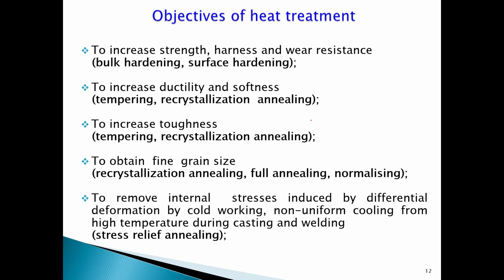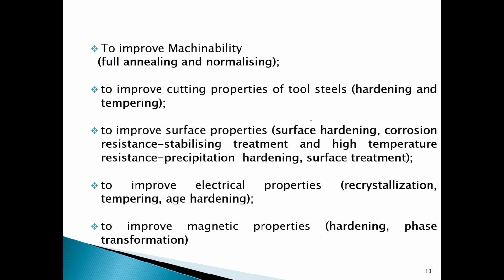So now we are going to discuss heat treatment. Objectives of heat treatment: to increase strength, hardness, and wear resistance; to increase ductility and softness; to increase toughness; to obtain fine grain size; to remove internal stresses induced by differential deformation by cold working, and non-uniform cooling from high temperature during casting and welding, that is by means of stress relief annealing; to improve machinability, by full annealing and normalizing; to improve cutting properties of steel, by hardening and tempering;